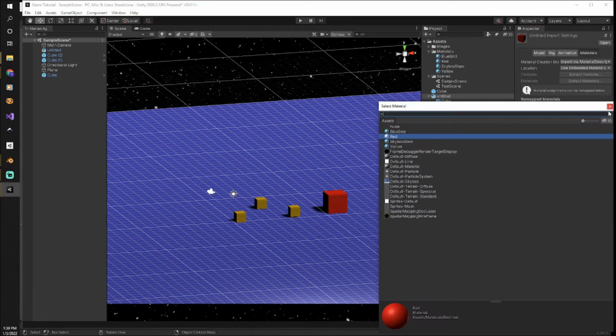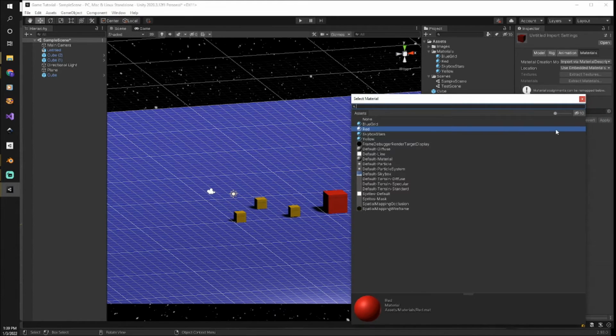Now let's pop up our little UI. Now you'll see that the other red material went away because it replaced the one that I brought in with the material in Unity. And that's what we're going to do in general, is we're always going to replace the material that came in with the material that's in Unity to avoid getting lots of materials that are very similar, could be the same name but be different. Again, we want to keep things clean